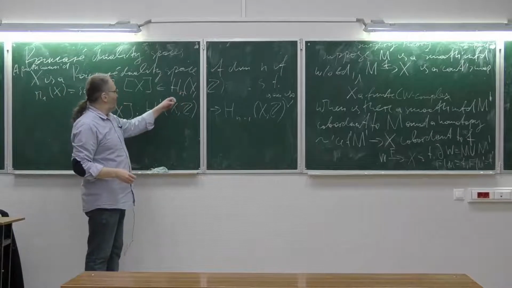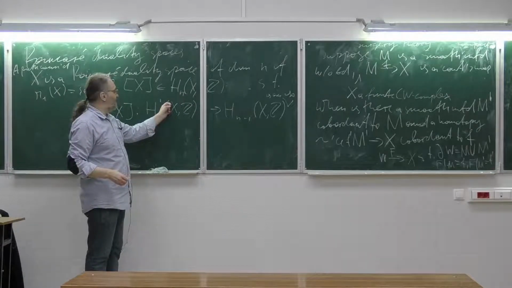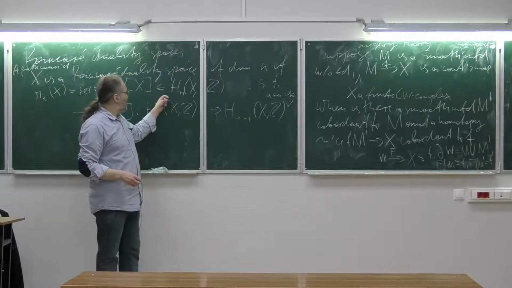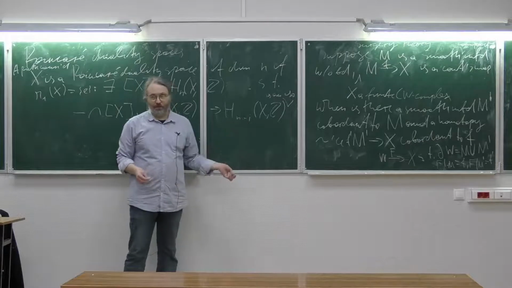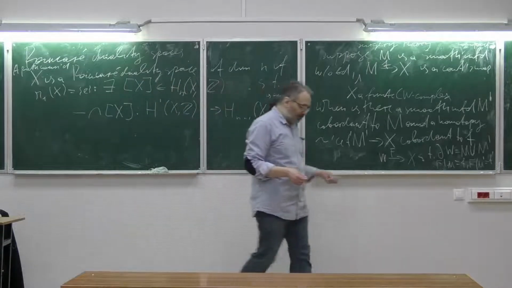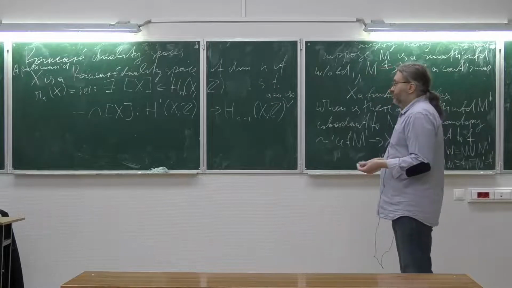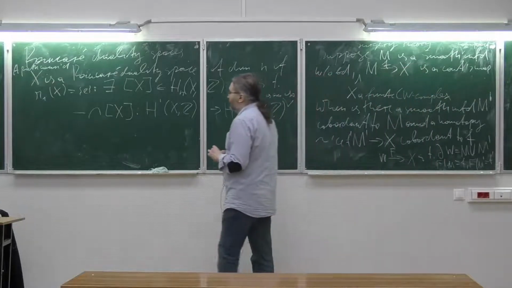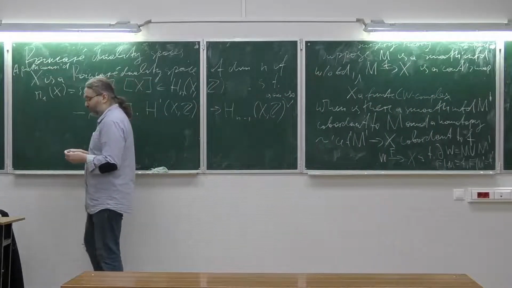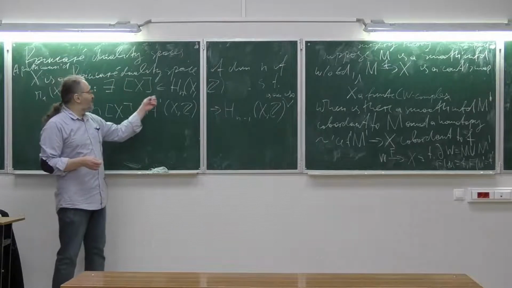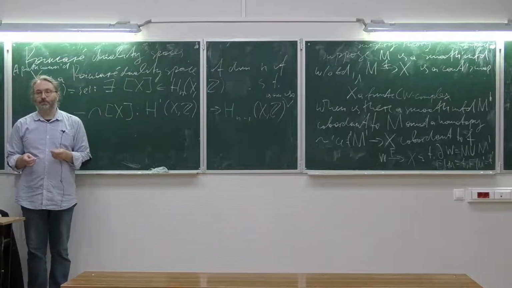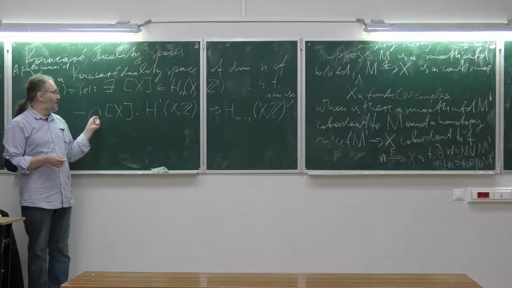Then, if I have an isomorphism from H^i to H_{n-i}, by taking i equals 0, I get H_n equals Z. Does everyone understand what this is? Okay, now